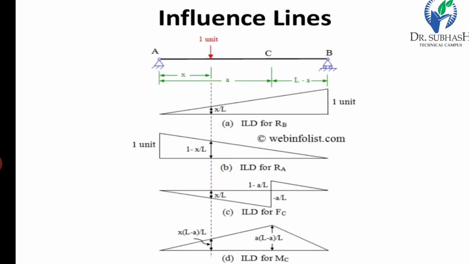Now again we describe the same example that we saw in the previous topic, for the influence line. Notice that the first step is to place the unit value of 1 at any point x, and then find the reactions RA and RB, as well as the shear force at C and the bending moment at C. If we vary the value of x, our unit load moves, so at any point along the beam we can find the same quantities by repeating the previous steps 1 and 2.